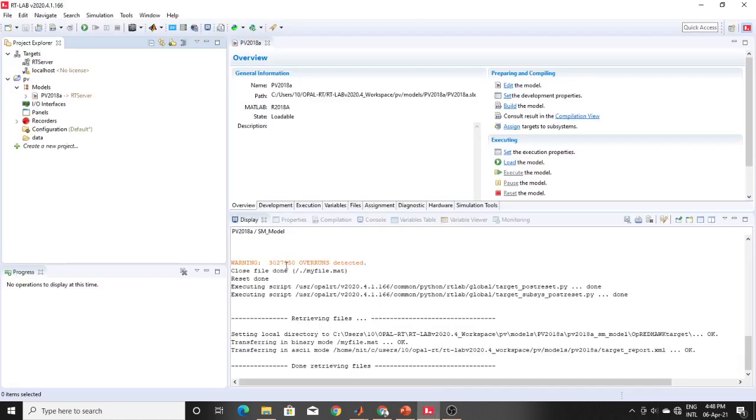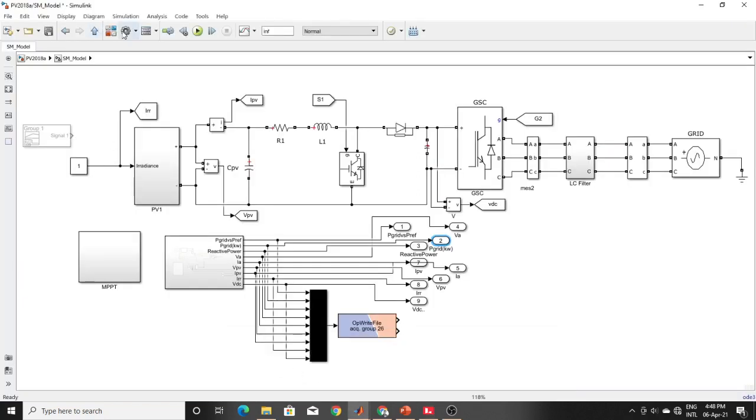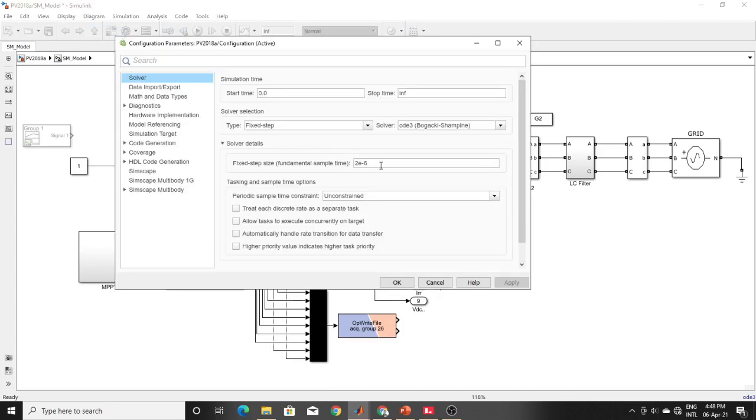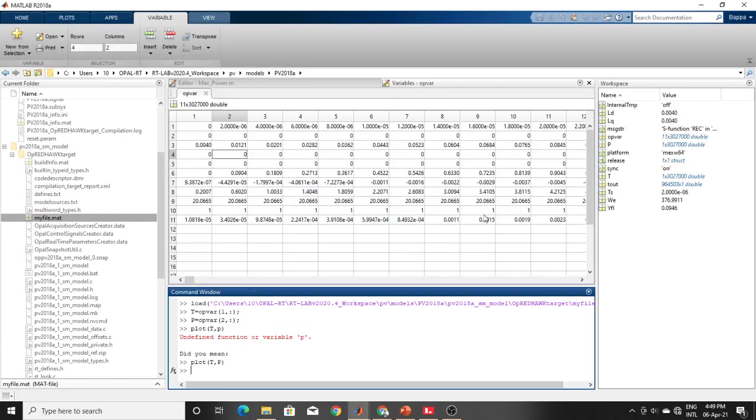One thing: an overrun problem can come if your time step size is less than 10 microseconds. Even if it is less than 10 microseconds, if your model is not too complex, especially a transfer function model, I think it will not create an overrun problem. The best way to take results from this real-time simulator is after adding the override file with one mask, and you can draw it simply like this.